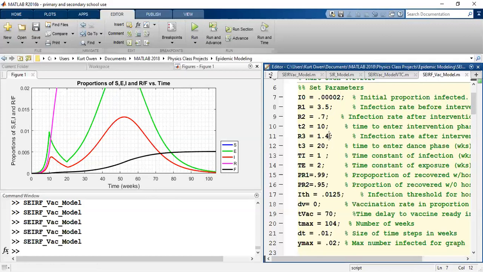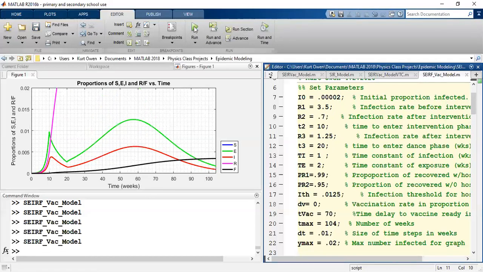So how do we make the second wave not get so high? We keep bringing R3 down. Now that's good in terms of the health of everyone, but economically, that could be devastating to try to keep R3 that low. It's a balance between putting restrictions in that will keep us healthy or relatively healthy. There will be health issues regardless, unless we can bring R3 down well below 1, which would be very hard to do economically, to keep that below 1.